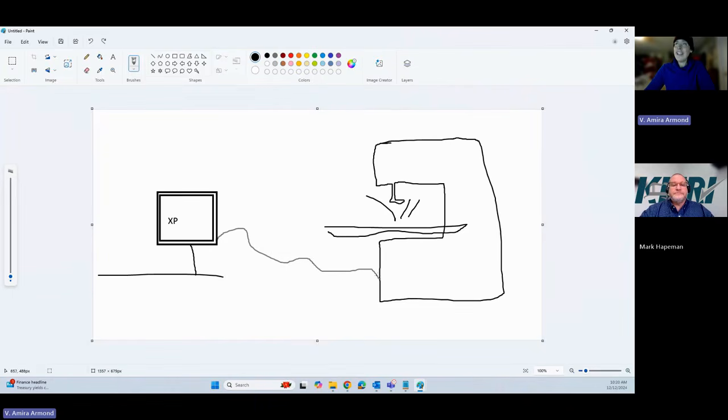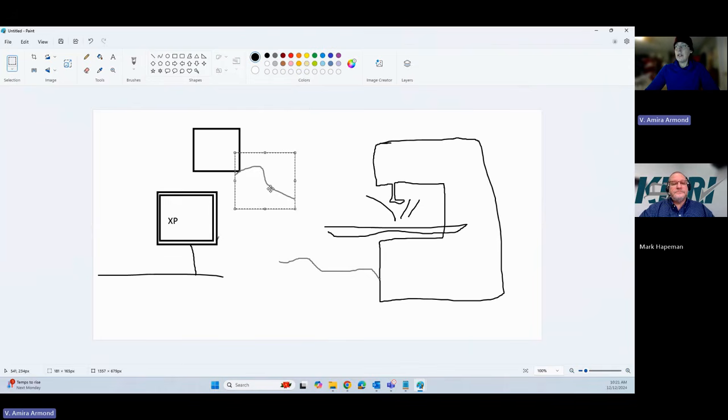One of the ways you can check whether this Windows XP computer is part and parcel with the specialized equipment is to say, hey, if I swap in a Windows 11 computer over here, and you just take this cord and plug it in, will this thing still work?